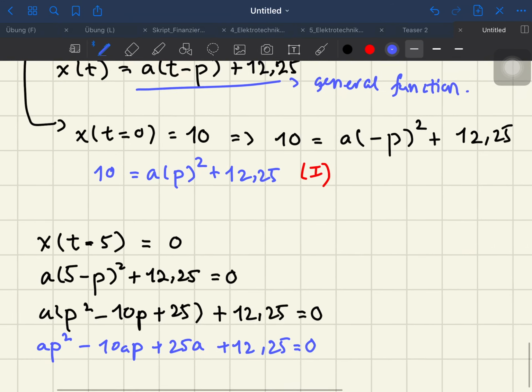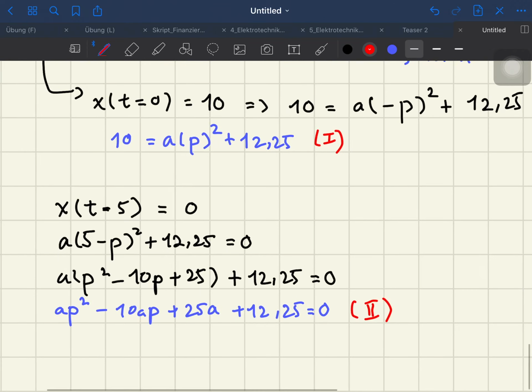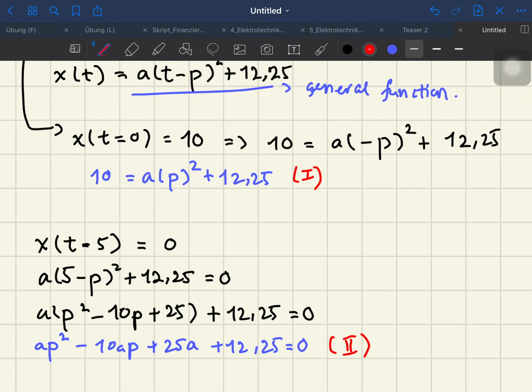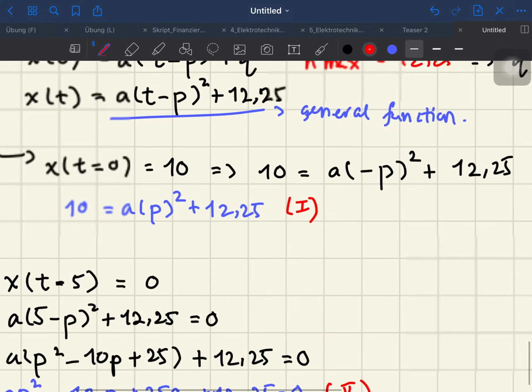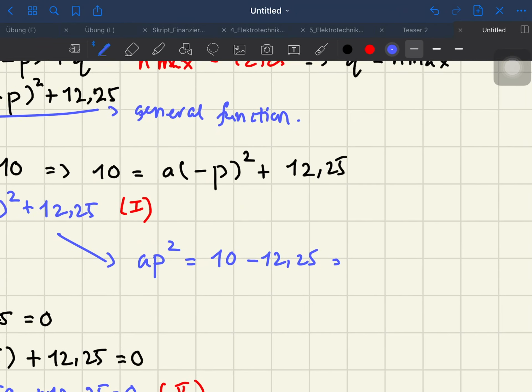So the only way we can solve this equation simultaneously is by taking the value of, for example, a from 1 in terms of p. So we're going to isolate ap squared, and then 10 minus 12.25, which is equal to negative